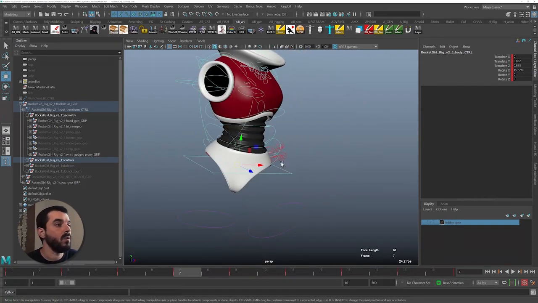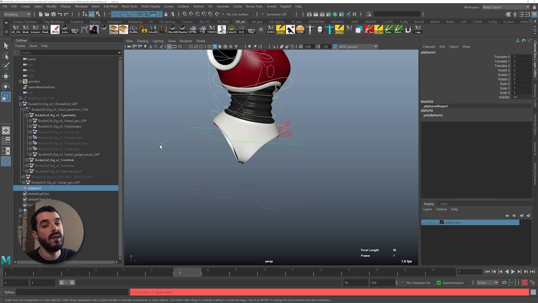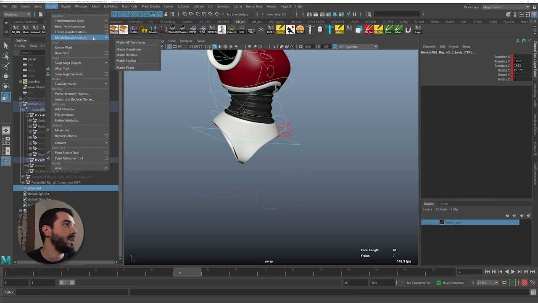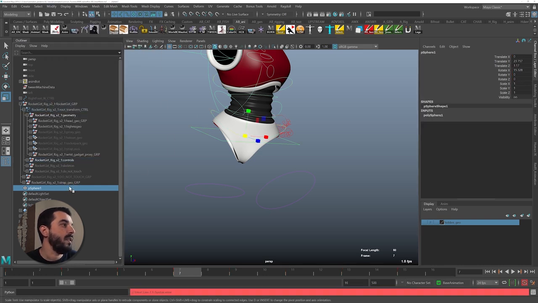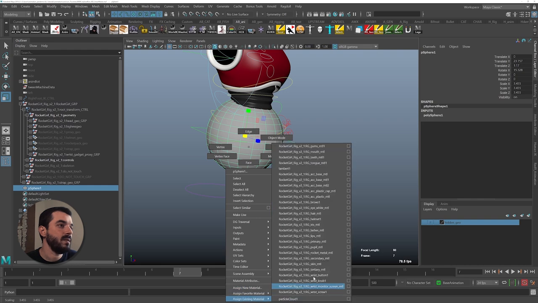If you're unsure on what you're doing in here, maybe one thing that you can do is create the usual sphere, which we learned to love. We're just going to match the transformation of the sphere to the one of the body controls. So select the sphere first, the body control last, modify, match transforms, all. And then we just scale the sphere up, there you go, and make it red, as we are used to